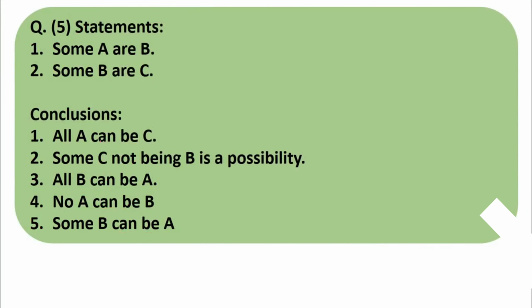Again, in this question, we can find words like "can be", "being a possibility". So again, we have to solve it using Venn diagrams. What we learned is, if there are say 3 to 4 possible Venn diagrams, then in at least one diagram the conclusion must be possible, and in one diagram the conclusion must not be possible; the rest, anything can happen. Possible, not possible, then only we can say the conclusion is correct.